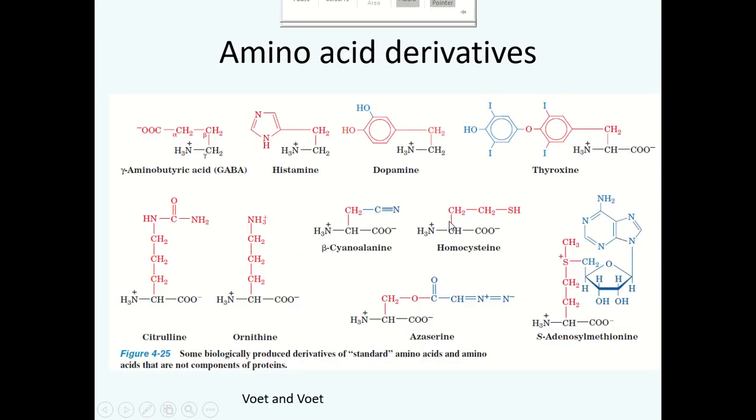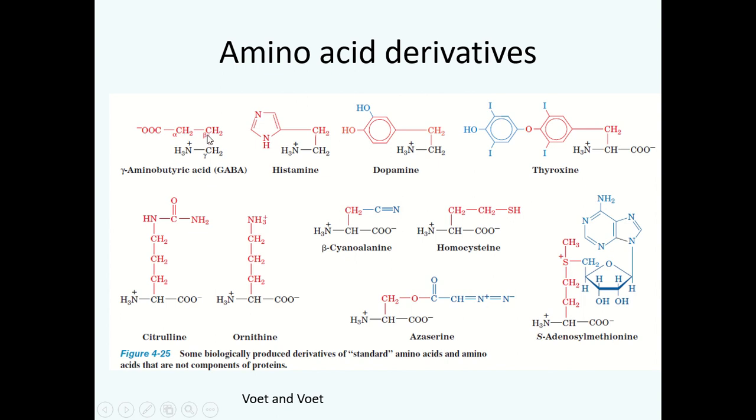physiological functions. In addition to their role as the building blocks of proteins, amino acids are also important for the physiological synthesis of many bioactive compounds. For example, gamma aminobutyric acid is a derivative of the amino acid glutamic acid. It is produced by the decarboxylation of glutamic acid. So this is the alpha carbon, this is the amino group, and this is the side chain of